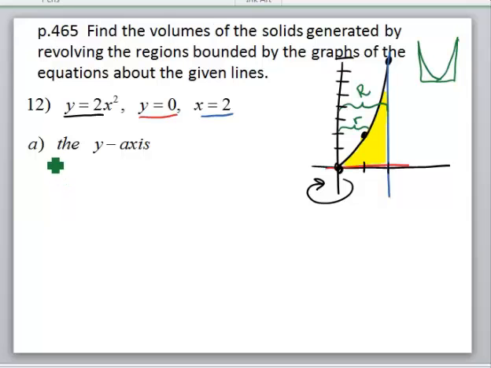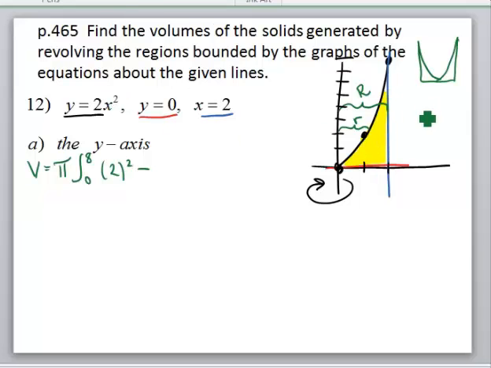Let's go ahead and set up the integral for this. So the volume is going to be pi from, and remember we're talking about the y-axis here, so I'm going to be going from 0 to 8 on the y-axis. And then we have to take big R, well, big R was this blue line, which is the 2, and square it, minus, and that was okay to leave it as 2 because it was an x equals equation, minus the black curve